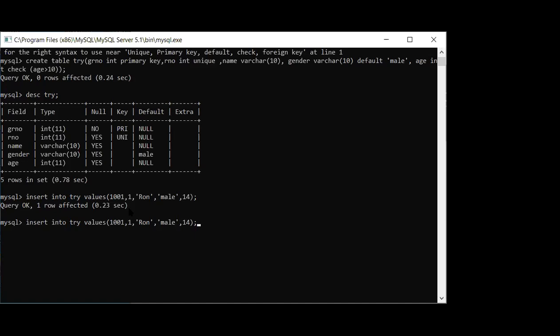Now why we will get the error? Yes, your answer is correct, but why we will get the error? Yes, great. See, there are two reasons to get the error.